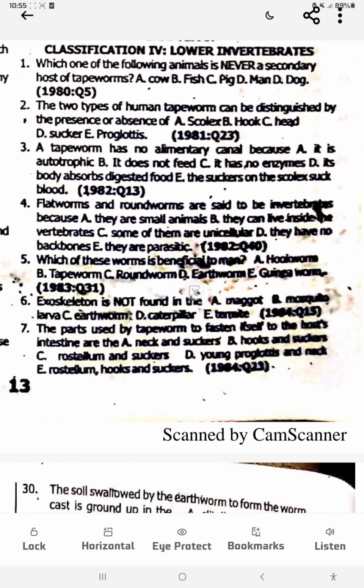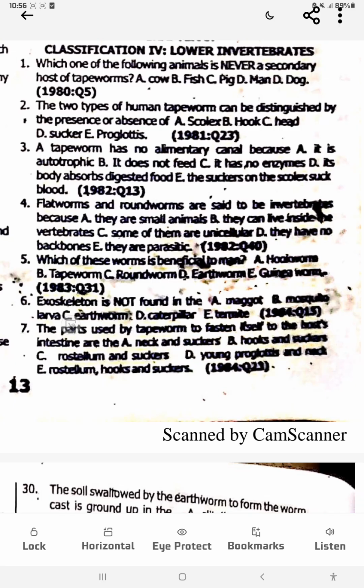Number 6, exoskeleton is not found in. Exoskeleton is not found in earthworm. Option C. The skeleton of an earthworm is called hydroskeleton. Earthworm has no exoskeleton. Examples of animals with exoskeleton: